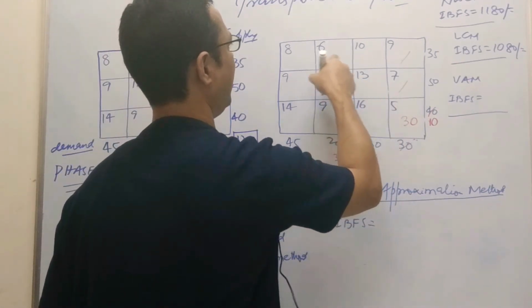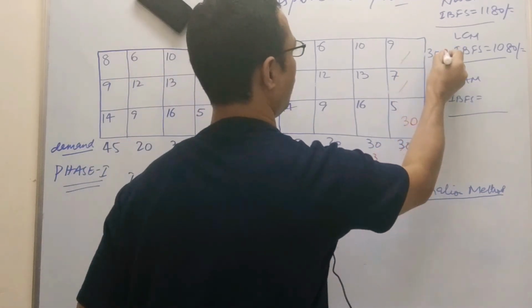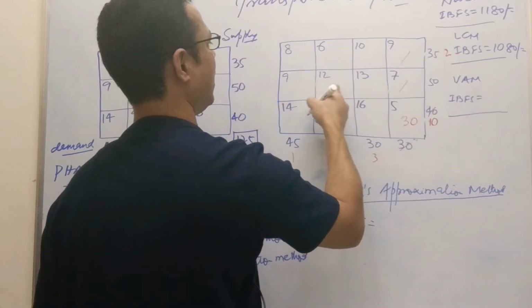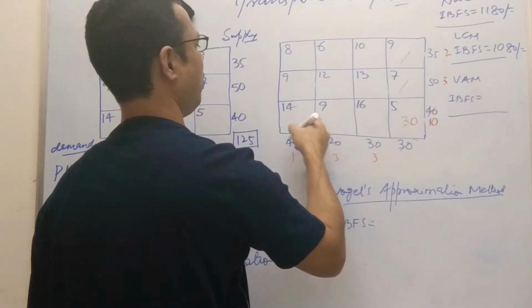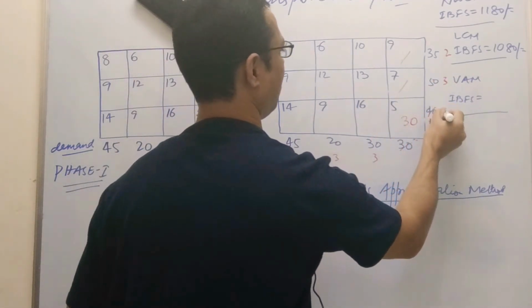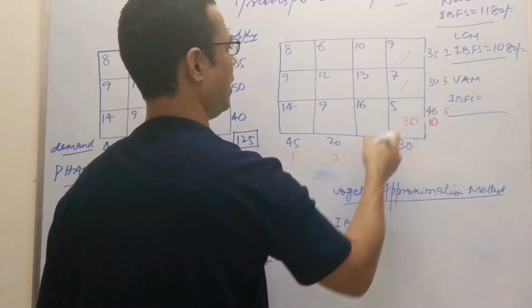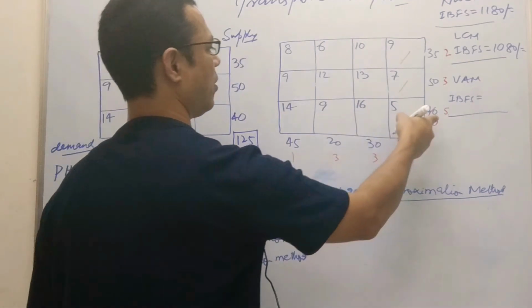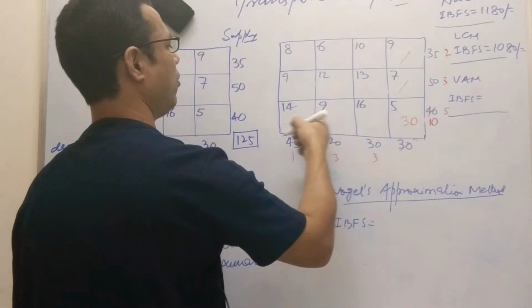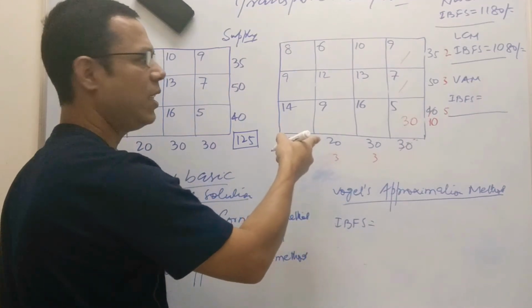Here if you go to find in these 3, 8 and 6, 2. Here 9, 12, 13, 9 and 12, 3. And here 9 and 14, 5. So the same row has been selected because 5 is the largest one. So here we are going to consider this one, and now we are going to see which one is the least one. So now in this row 9 is the least one.